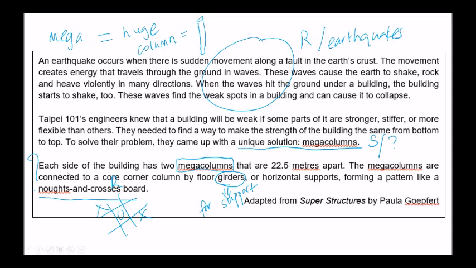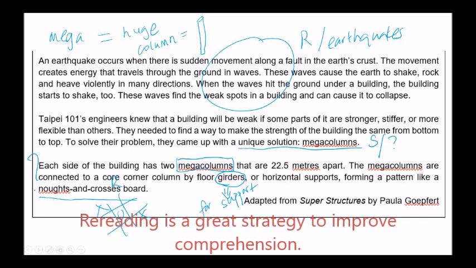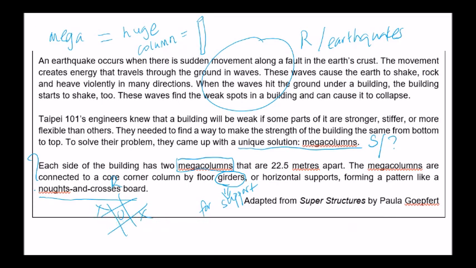Okay, so I'm going to read it again. Rereading is a great strategy whenever you're confused. Always go back and read it again and try to imagine, use visualization, and try to connect every bit of information. Each side of the building has two mega columns. So we have the building, the tower, which I cannot remember how it looks like. So I'm imagining it's just like a very tall tower. And it has two columns that are 22.5 meters apart. So we have columns. I don't know. Okay, I'm just imagining. And they're connected to a corner column, another column by floor girders,